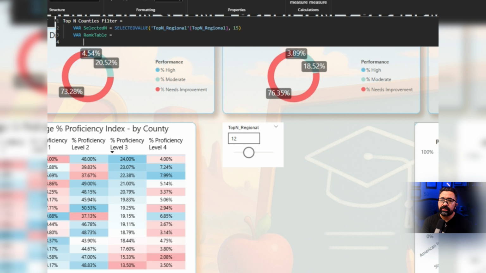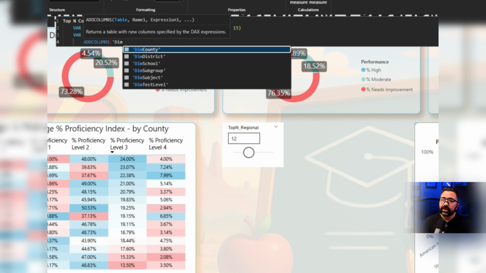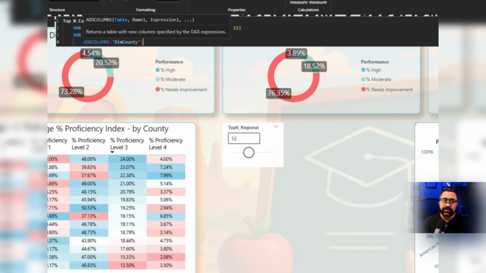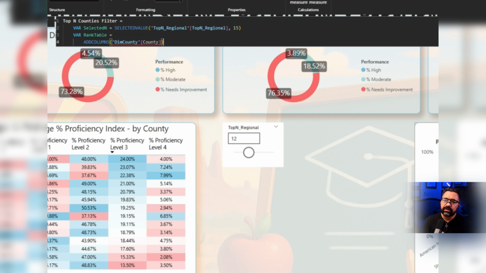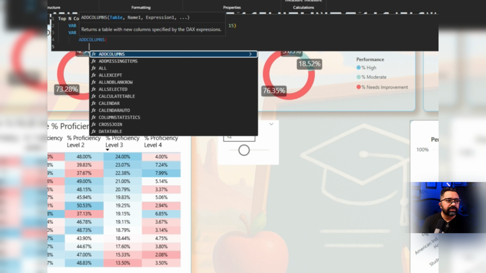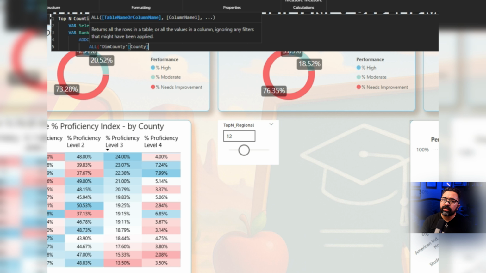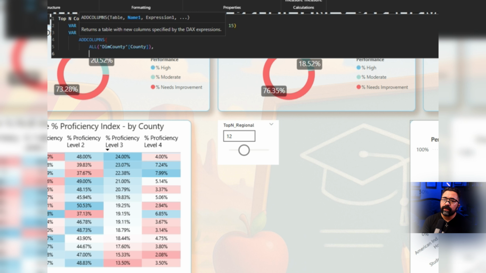equals, shift enter, hit the tab key, add columns, shift, say dim county, open square bracket, county, close square bracket, close, so add columns, shift enter, all, this will be dim county, close parentheses, comma, shift enter for a new line, and then in quotations, county rank, close quotations, comma, and then this is where we're going to say rank X, hit the tab key,